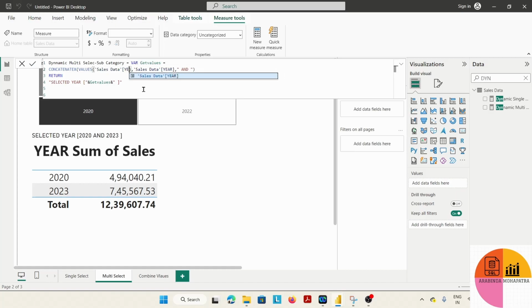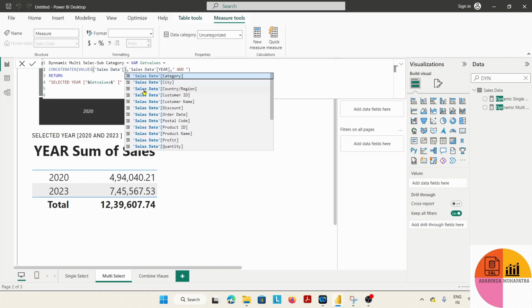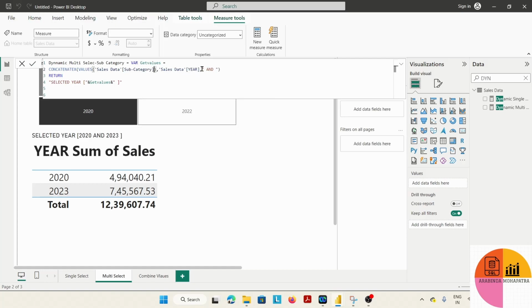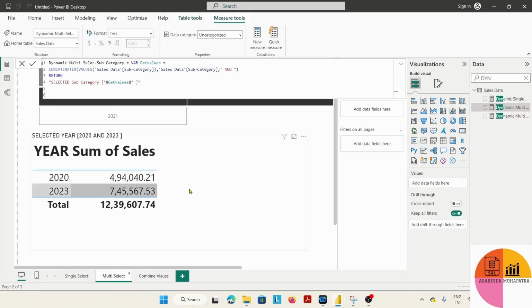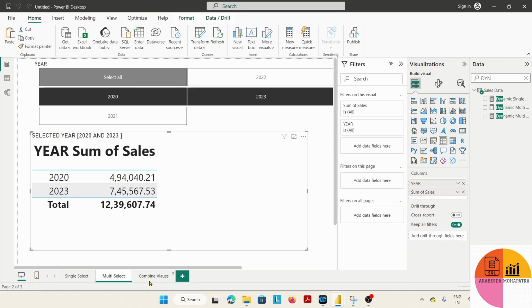So here, instead of year, what I will take is the subcategory, selected subcategory. Okay. So now what I will do is, I'll just right away